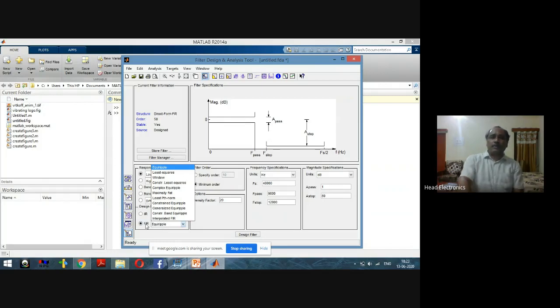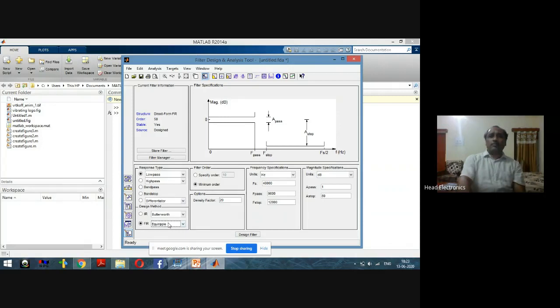For example, if we have selected the FIR filter, then there are so many approximation types like equiripple, least squares, window, constrained least squares, complex equiripple, maximally flat, least pth norm, constrained equiripple, generalized equiripple, constrained band equiripple, and then interpolated FIR and equiripple filter. Suppose we have selected the equiripple FIR filter.